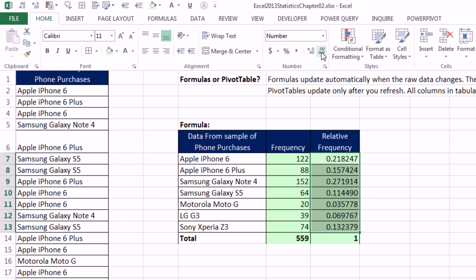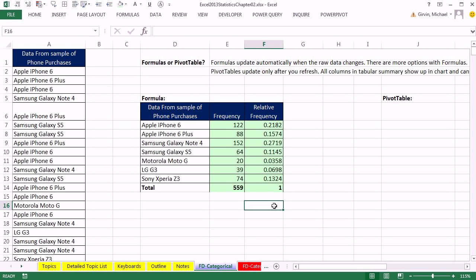When we go up to Home and decrease decimals, it's not hacking them off. See, I'm clicking it. It's just hiding them. It is displaying 4 decimals only. The actual decimals that we just hid are still in the cell. For example, if I were to come down here, and you don't have to do this, but I'm going to show you because I want to emphasize something important about number formatting.